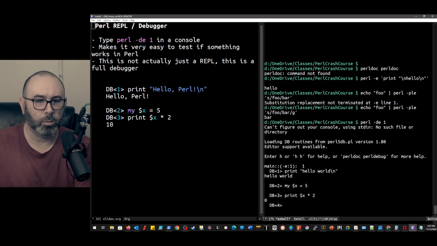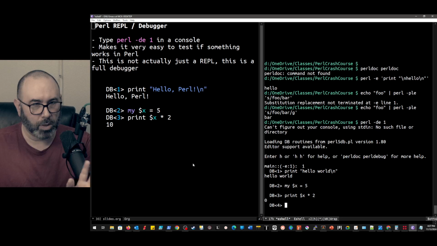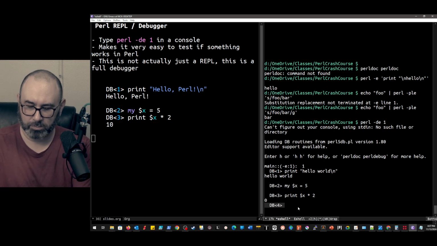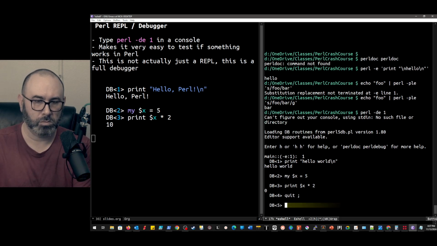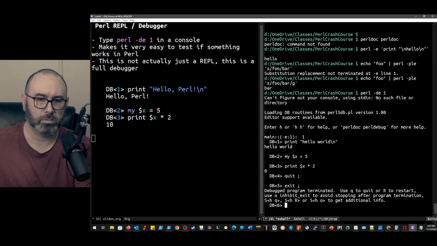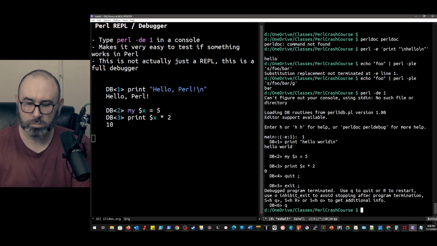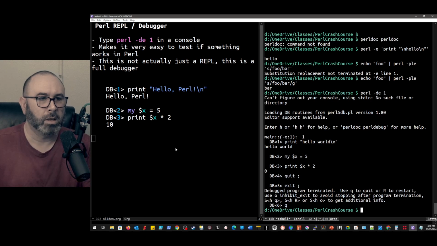So we can then get the results of that. That should give me 10. Weird. But anyway, I'm not going to worry about it too much at this point. This is sort of an initial foray. And then we can get out of here with quit or exit. Q to quit. There we go. So that's how we can get out of there.